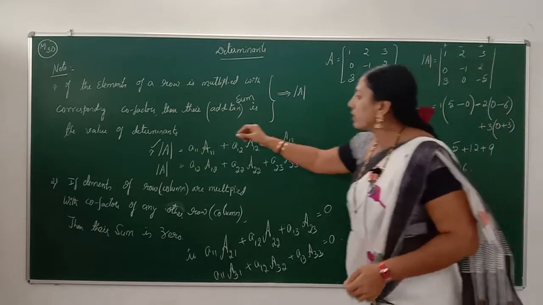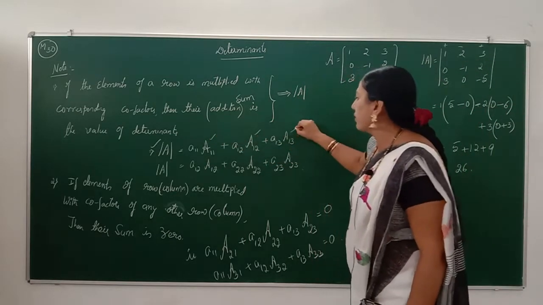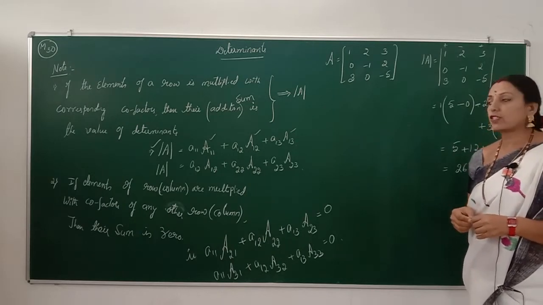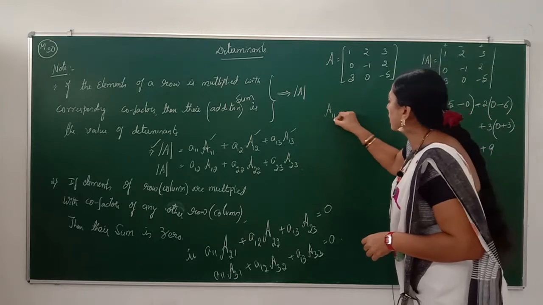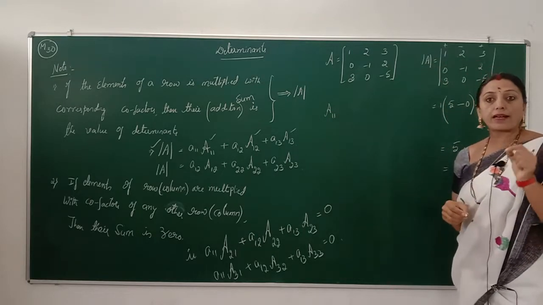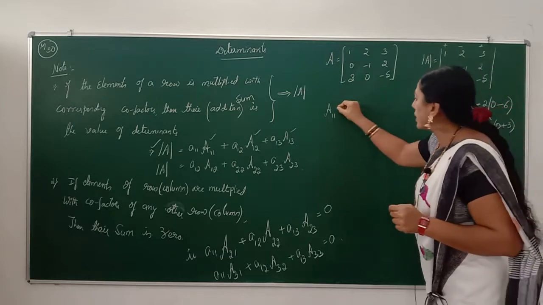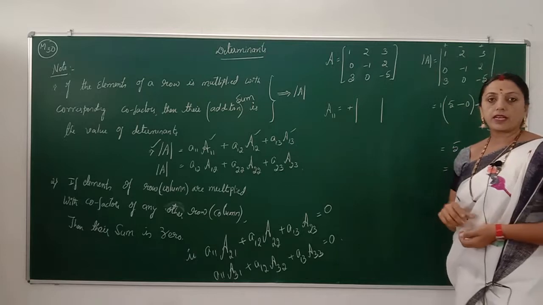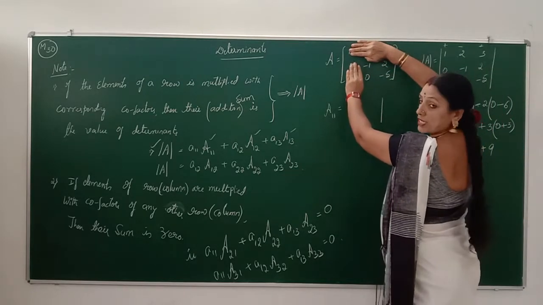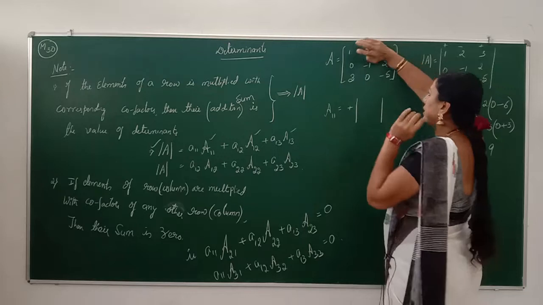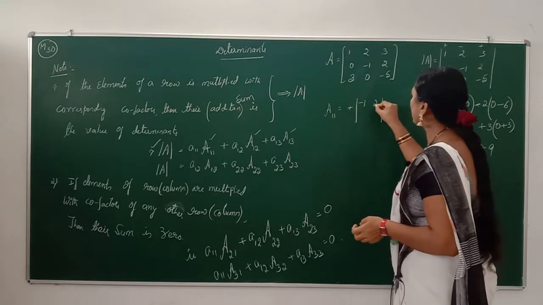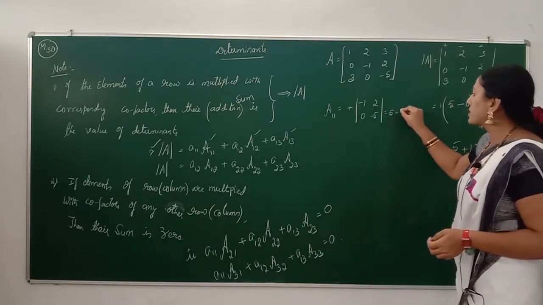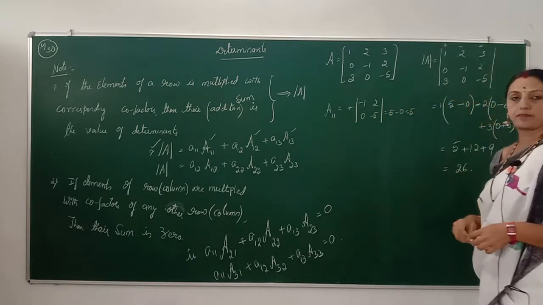After that, A11, A12, A13 are the cofactors along the elements of the first row. First we will find A11, the cofactor of the first element. That is multiplied with plus. The elements of the first row, first column are neglected and the remaining are written in the form minus 1, 2; 0, minus 5. After that we simplify: 5 minus 0 is equal to 5.